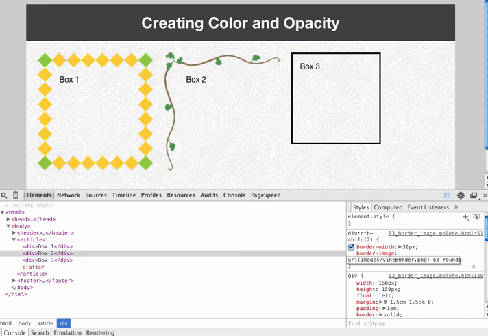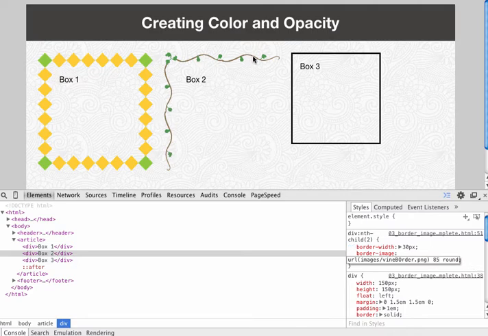For this particular one, 60 looks pretty good. 50 is cutting off a little bit of the vines right here, so it looks like starting at about 60 I can see most of the vines. As I increase that number higher, you can see that my artwork gets smaller and smaller, and more of the